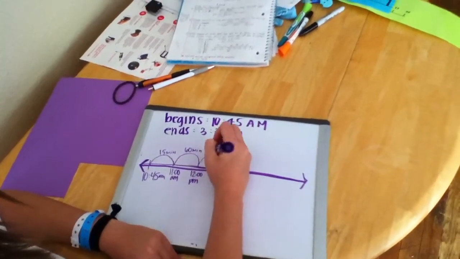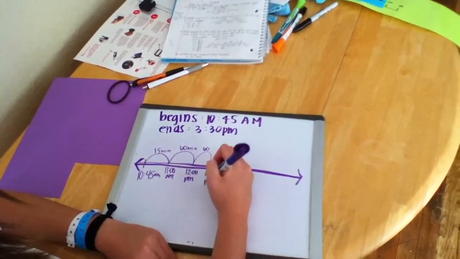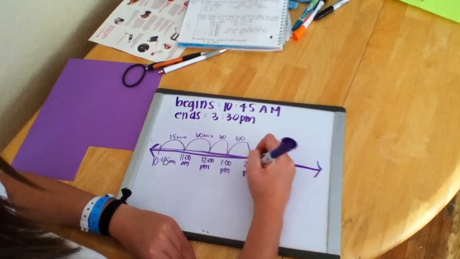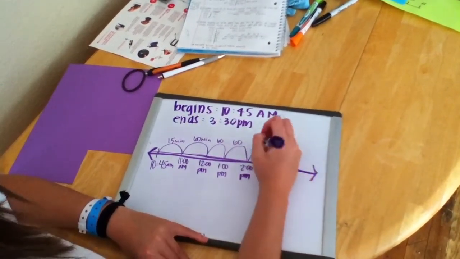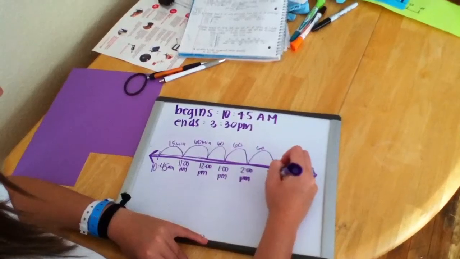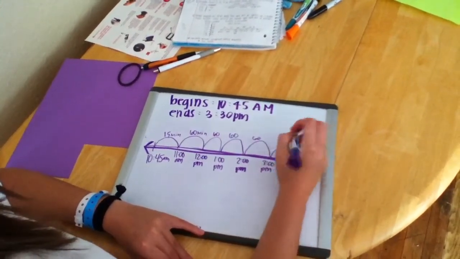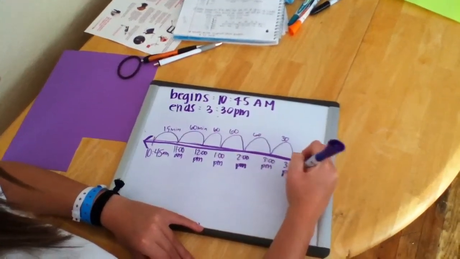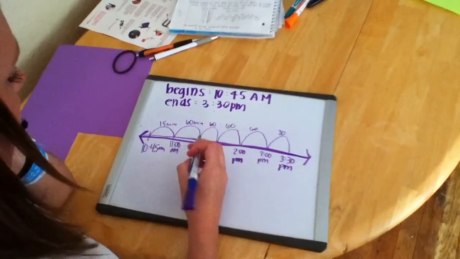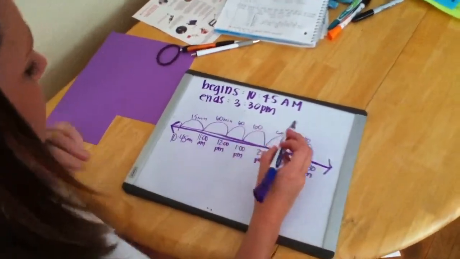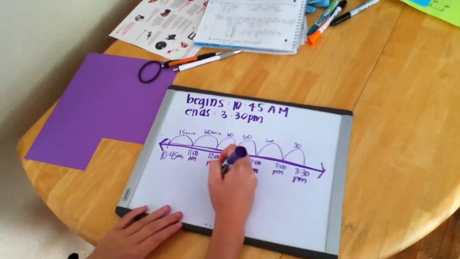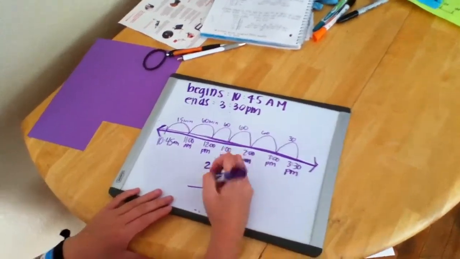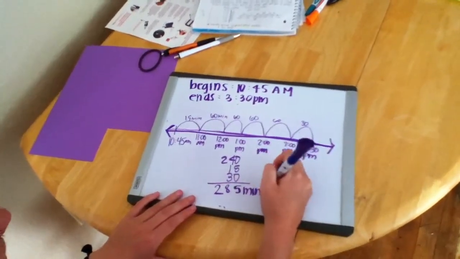And then 60 gives us 1 p.m. Another 60 gives us 2 p.m. Another 60 gives us 3 p.m. and then our 30 to get us to 3:30 p.m. And then we can do the same thing and add up all the minutes. So that's 60. There's 4 60s, so that's 240 again, plus 15 plus 30, and that gives us 285 minutes,